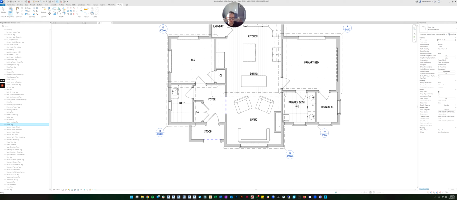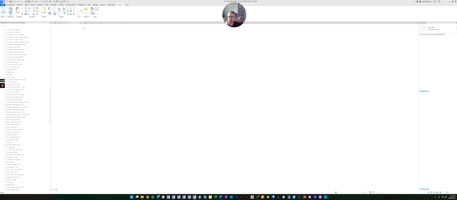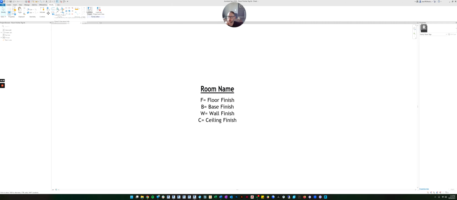And ours is called, we named ours room finishes tag. Let's highlight that and delete it. That way it gets rid of our tag. It's not loaded in the family anymore. It deleted it. Now let's go back to our family that we created and let's reload it.